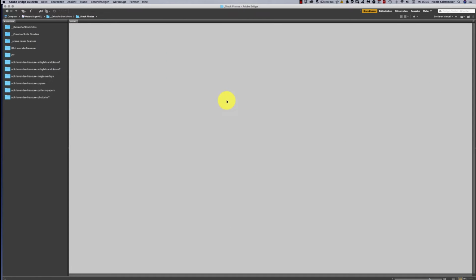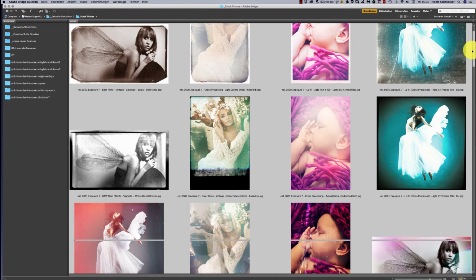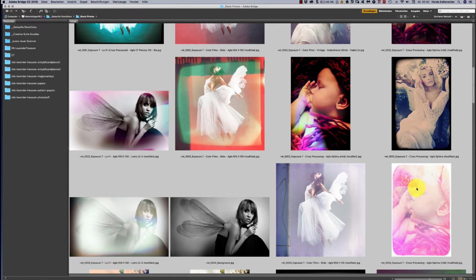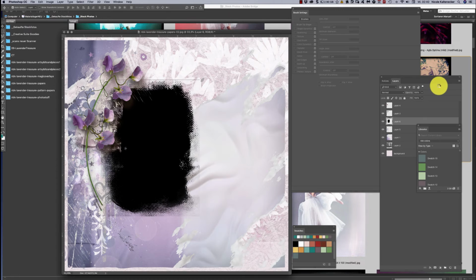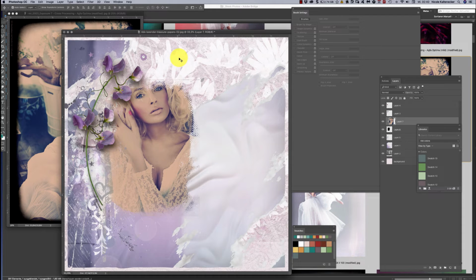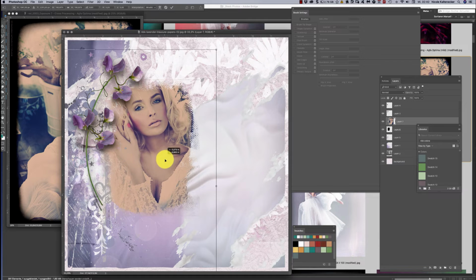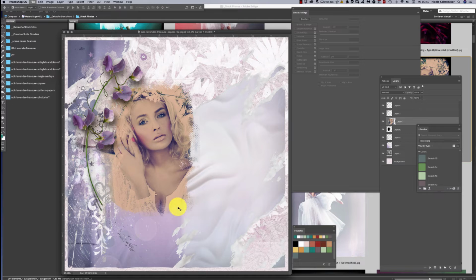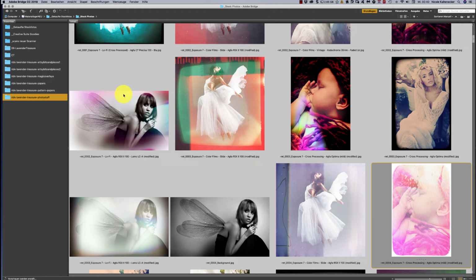Let's open another photo. Let's do that one. I have here some faces in. Which one do we take? Oops. Let's use that one. Just drag and drop. I'm gonna clip that in. So this is a photo mask which we used here now,